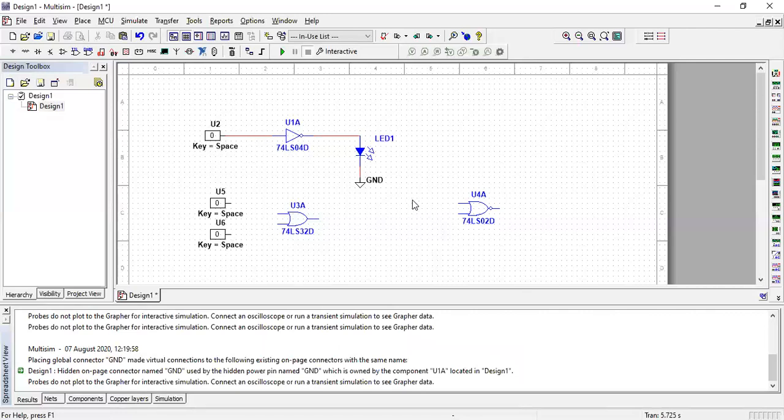Similarly for the NOR gate, two inputs: one input for the NOR gate and a second input for the NOR gate. So these inputs are applied to the NOR gate. Similarly, these inputs are applied to the OR gate.